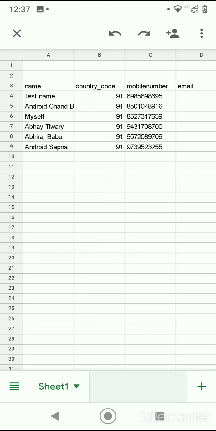The 4 major permissions I am taking: read call logs, then read contacts, then make calls, so that I am not making calls directly, and read the phone status, and then read the device storage and write to the storage. So these are the 4 major categories of permission I am asking for and using for these purposes.